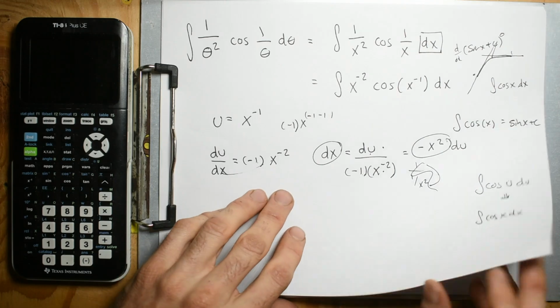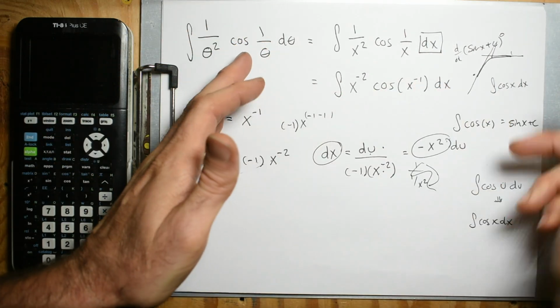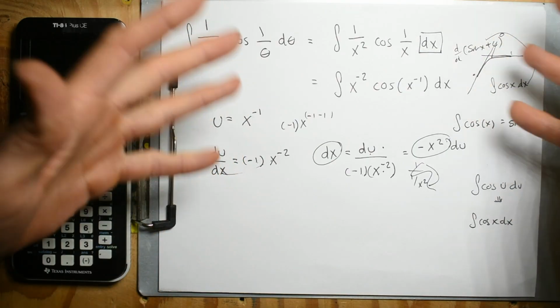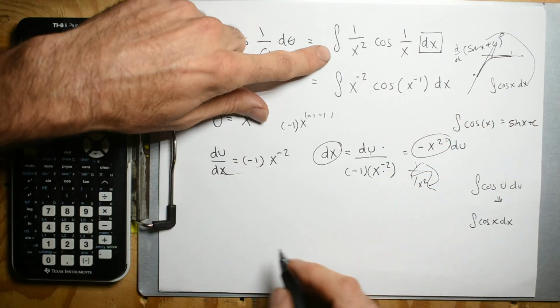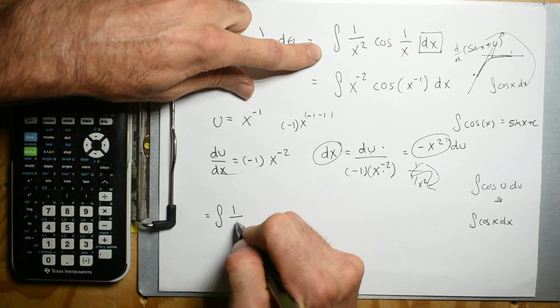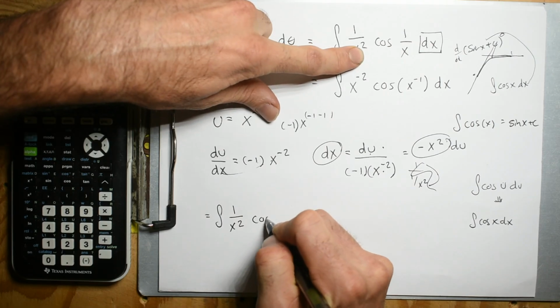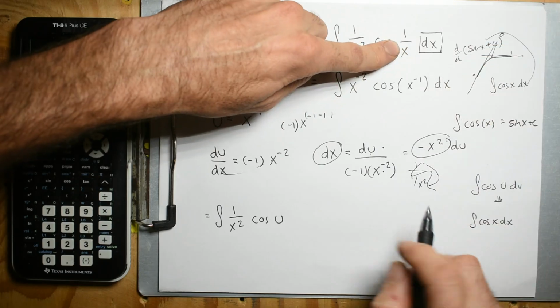But hell yeah. And then once we're able to differentiate trigonometric functions, we can see that the reverse is the integral. Okay. Alright, so let's do the magic. So we're going to have the integral of 1 divided by x squared, cosine of u, and then the dx is going to be